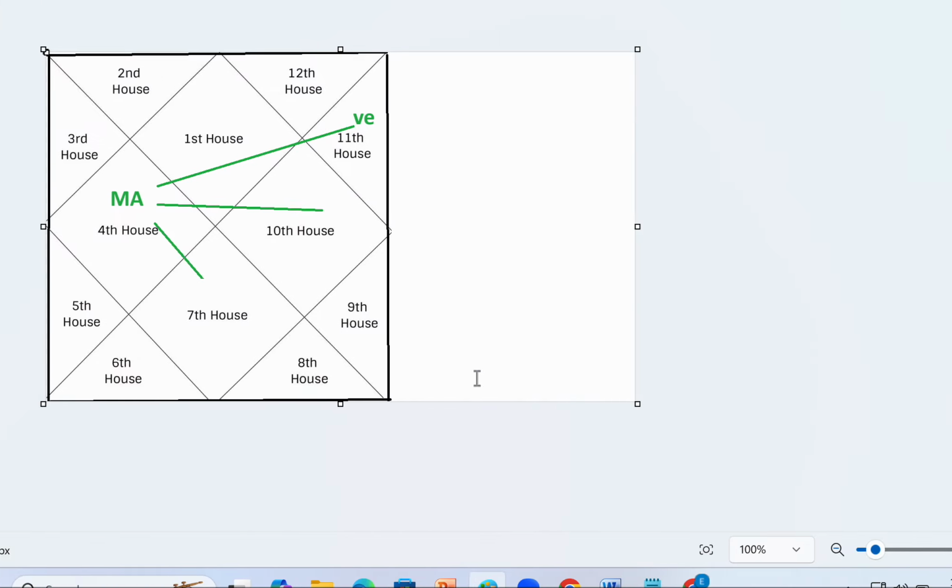Now here Mars is hitting the seventh house, also the seventh lord sitting in the 11th house. So, can I say that his wife will definitely suffer? Either he'll have a break in the marriage, or his wife will have a major accident, or some major health issues, because Mars is accidents. Can I say that?